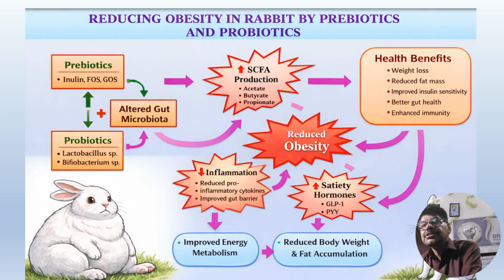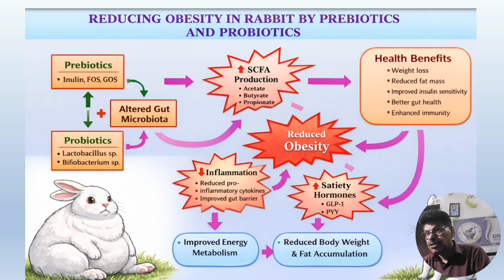So the reduction of obesity in rabbits via prebiotics and probiotics takes place when we feed prebiotics like inulin, fructo-oligosaccharide or galacto-oligosaccharide, or give probiotics like Lactobacillus or Bifidobacterium. They alter the gut microbiota and produce short chain fatty acids, acetate, butyrate and propionate, which cause health benefits like weight loss, reduced fat mass, improved insulin sensitivity, better gut health, and enhanced